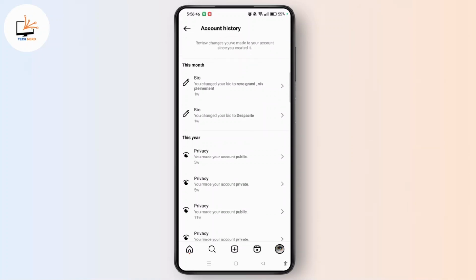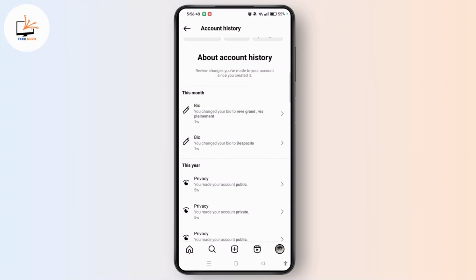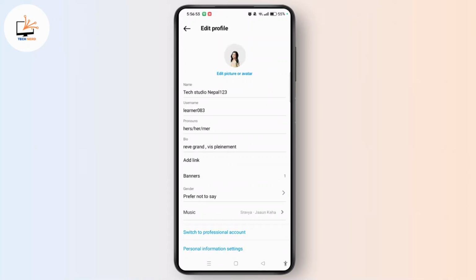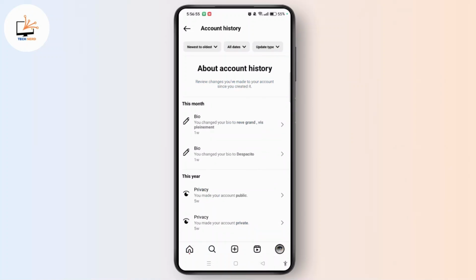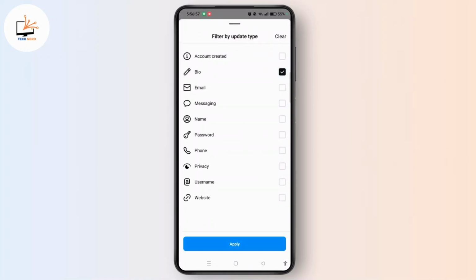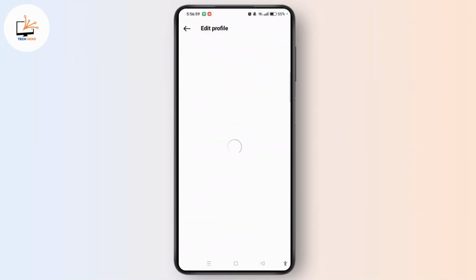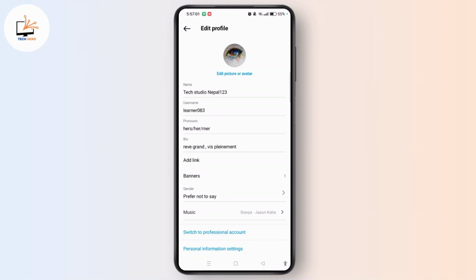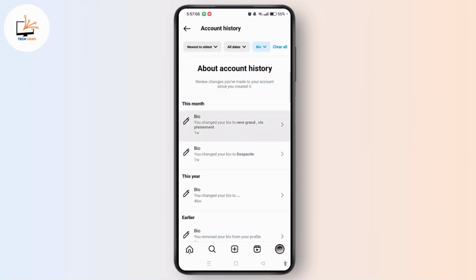But unfortunately, you will not be able to delete account bio history on Instagram currently. Even if you open the particular one going to update type again, you will reach the section where you have entered that bio. When you tap and hold it, there is no such option to delete account bio history